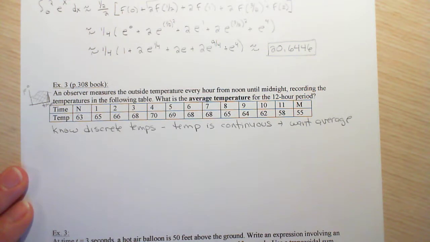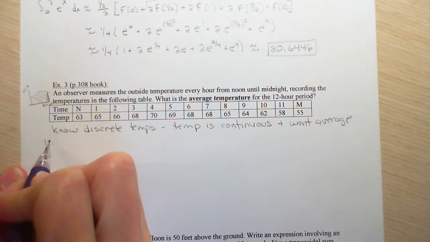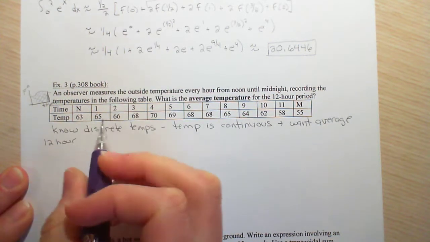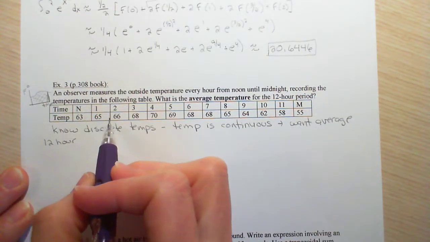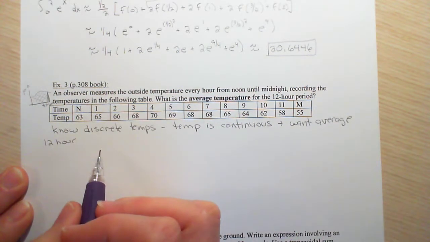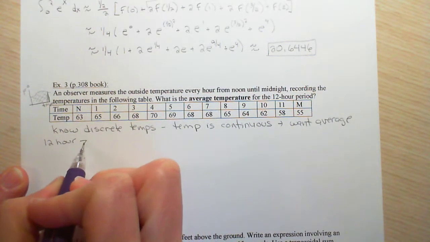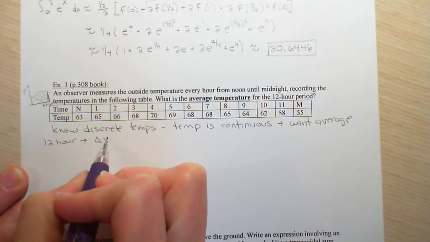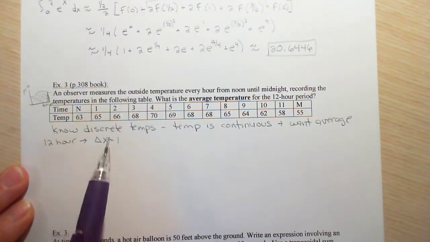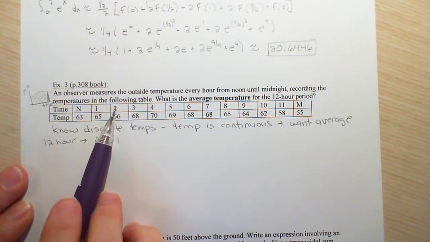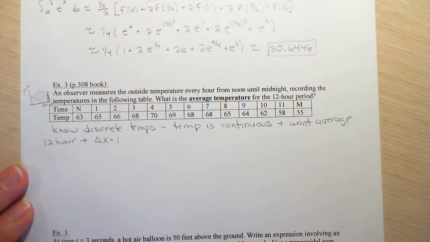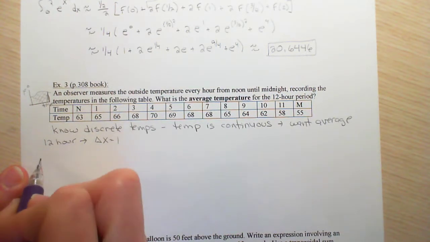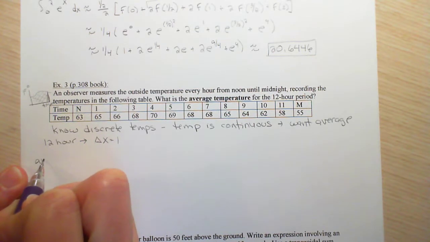So first of all, it's a 12-hour period. And we have 1, 2, 3, 4, 5, 6, 7, 8, 9, 10, 11, 12, not counting the first one. So we have 12 data points. On this one, our delta x is going to be 1. You can think of each of these from 1 to 2 as a trapezoid, 2 to 3, 3 to 4, and so on. So our delta x is going to be 1. So our average temp